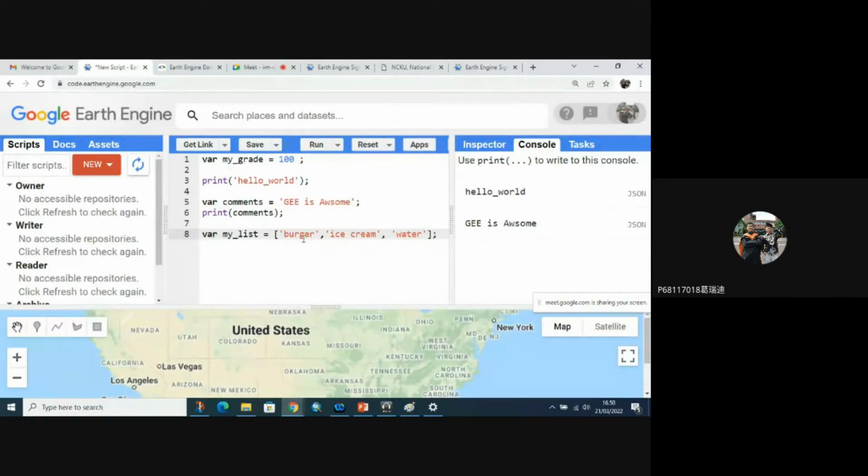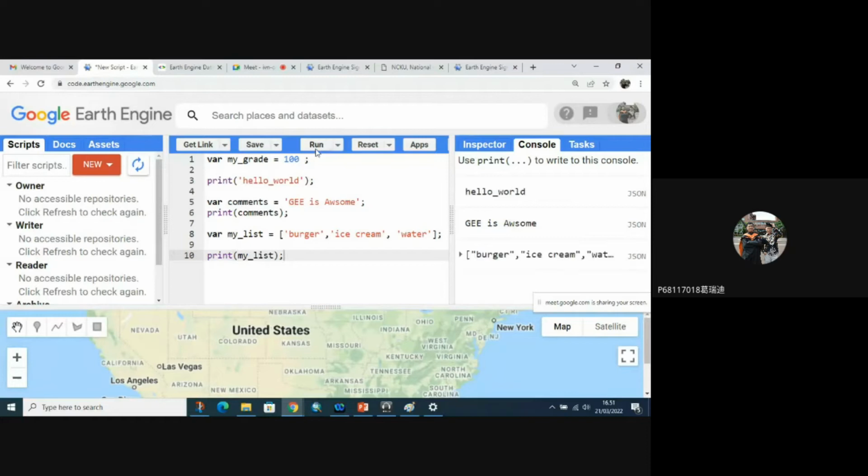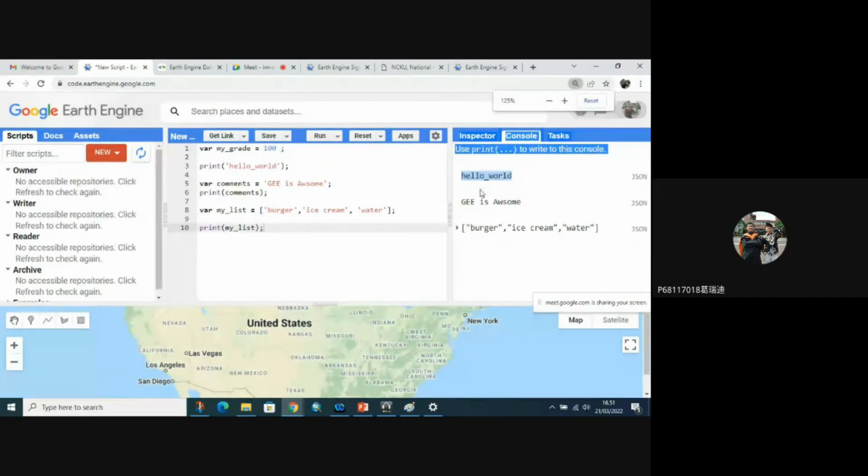If you use print my list, the console tab will show you a list of your food here.